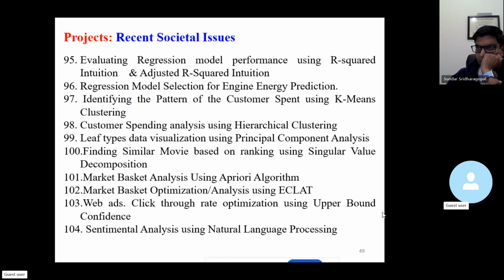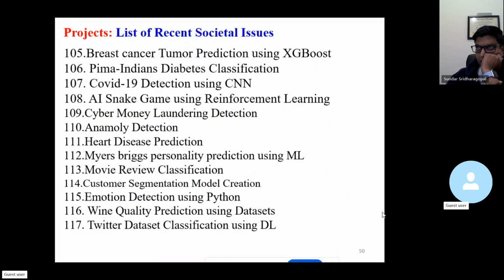upper confidence bound, sentiment analysis using NLP, natural language processing, breast cancer tumor prediction using XGBoost framework, PIMA Indians diabetes classification, COVID-19 detection using CNN technique, convolutional neural networks, AI snake game using reinforcement learning, cyber money laundering detection, anomaly detection using machine learning and deep learning techniques, heart disease prediction using TensorFlow, and Myers-Briggs personality prediction using machine learning,